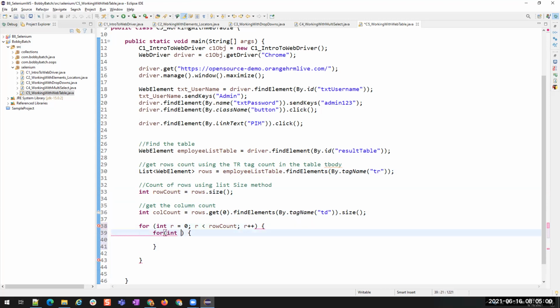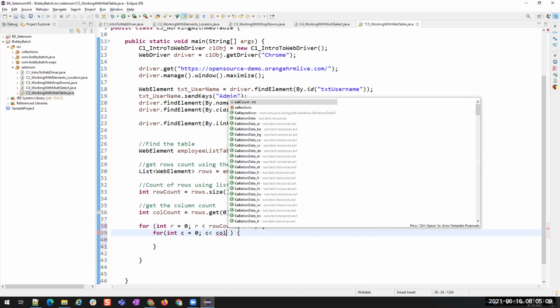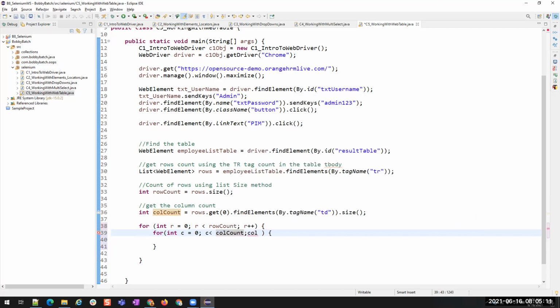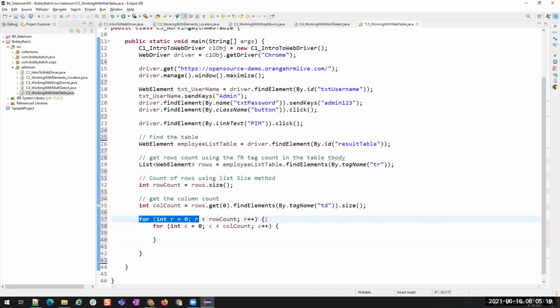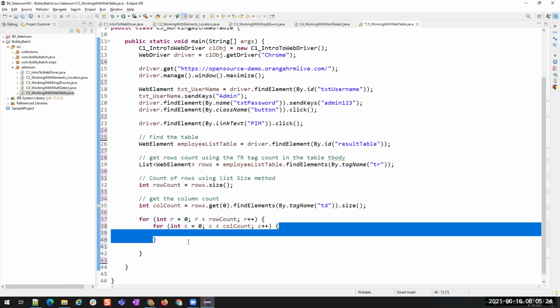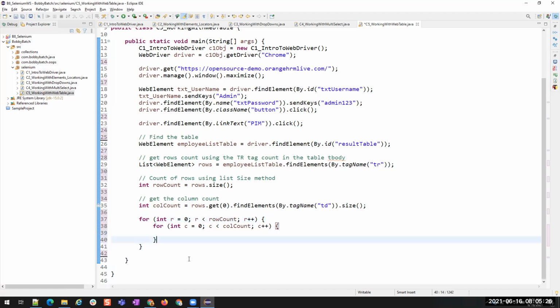Then for columns, column equals 0, column less than column count, then column++. Now to iterate over each row, we have this for loop, and inside these rows we have multiple columns. So to iterate over each column, we have this for loop. Got it, right?